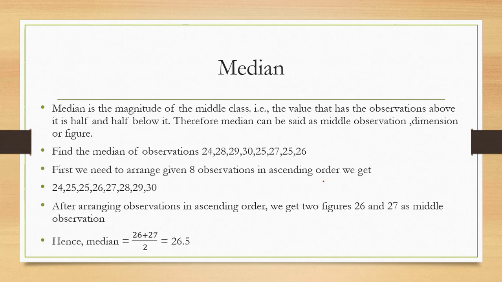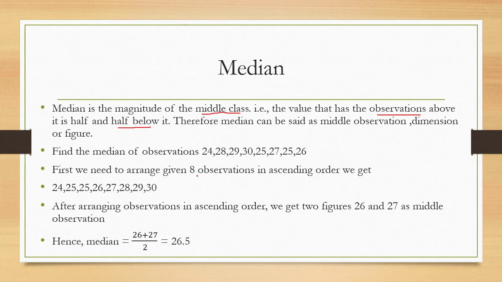Next thing is median. Median is a very important thing, and the procedure to find median is also very important. So median is the magnitude of the middle class, or it is the middle value of the observations. Median is the observation at which half of the values are above that observation and half are below that observation. So if we have observations like 24, 28, 29, 30, 25, 27, 25 and 26, first we